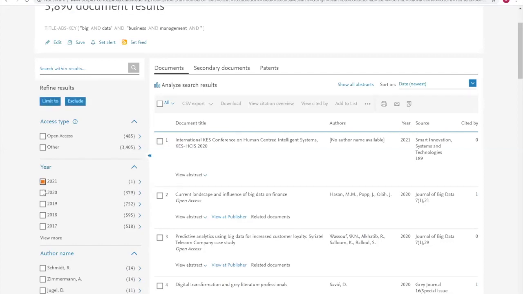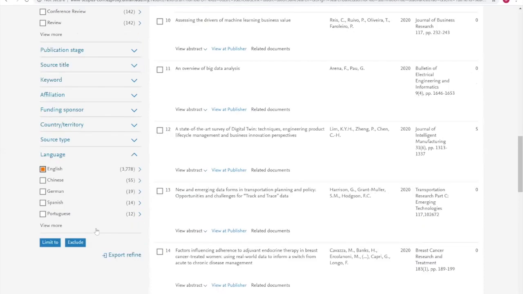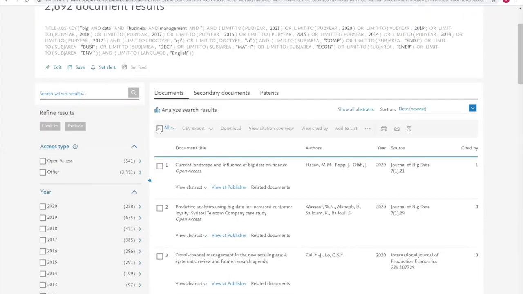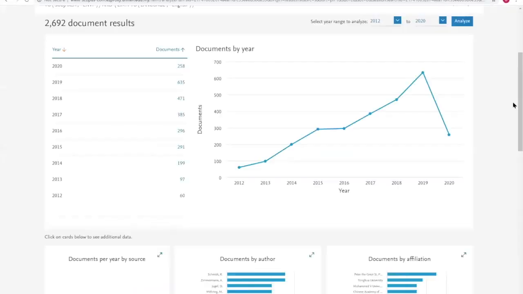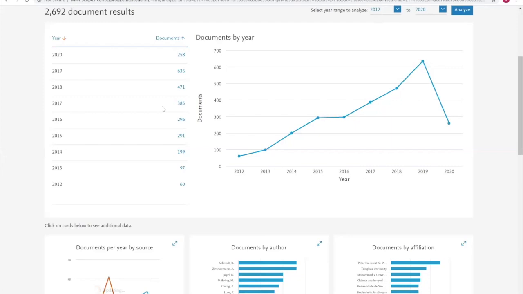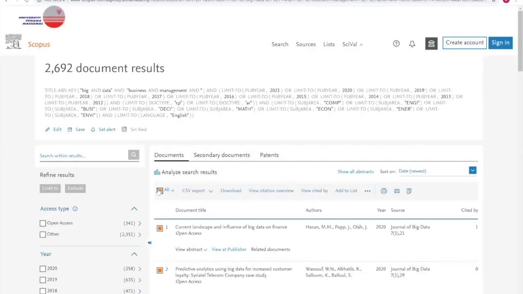So from here we can download, choose the year we want to analyze, 2000, English, and we'll say limit to, press all. Then we can see here some analysis of the research result. There are some figures here you can see, for example, how big data. We can choose all and